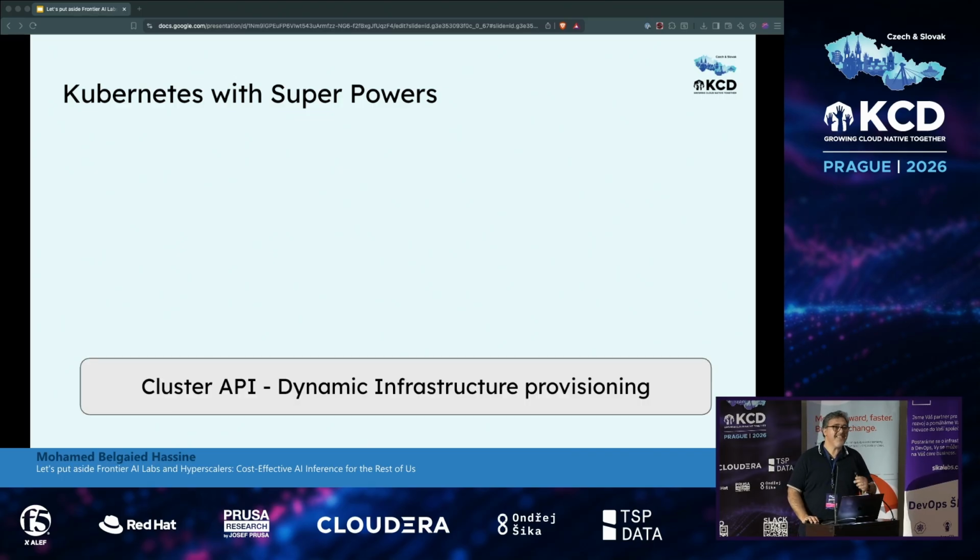So this cheeky sentence, you might already think about an agent that goes into Kubernetes and does stuff. No, actually, that's not what I'm thinking about. I'm thinking about here a number of CNCF projects that exist already that answer these challenges for you. The first of them is at the infrastructure level.